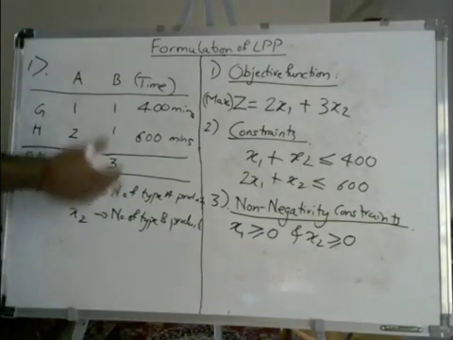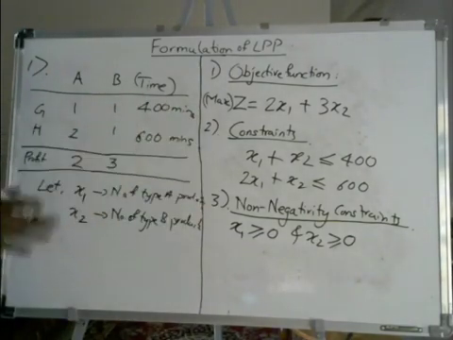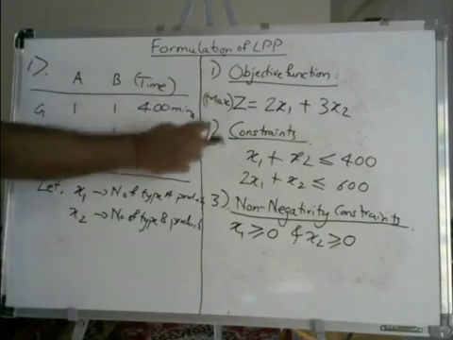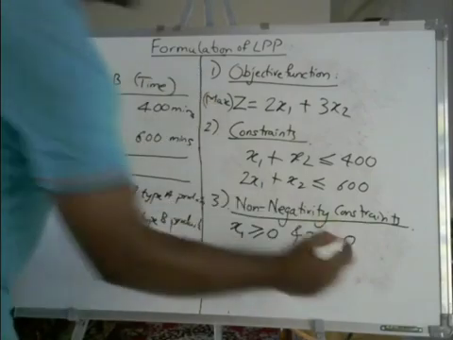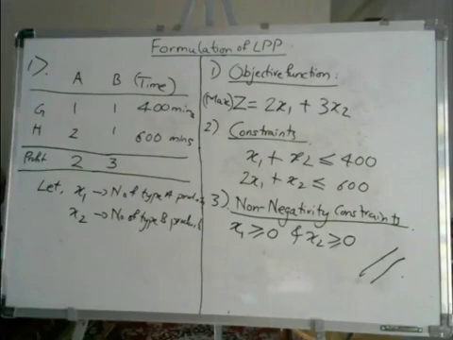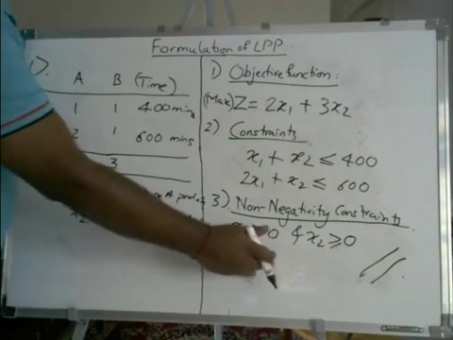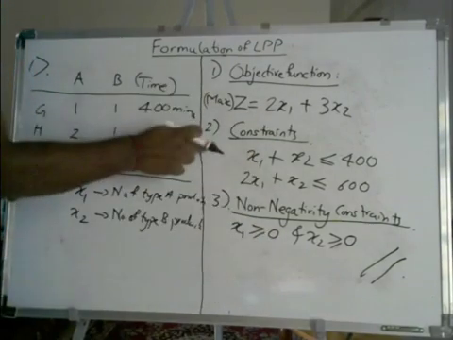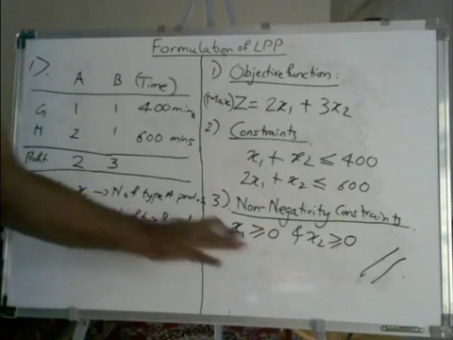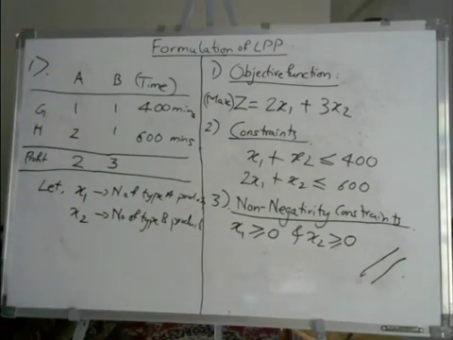So after writing the objective function, constraints and non-negativity constraints, you have formulated the LPP problem. So this is the end of it. You can write the conclusion and put a box, and write the objective function, constraints and non-negativity constraints in a single box. So this is the first problem of formulation of